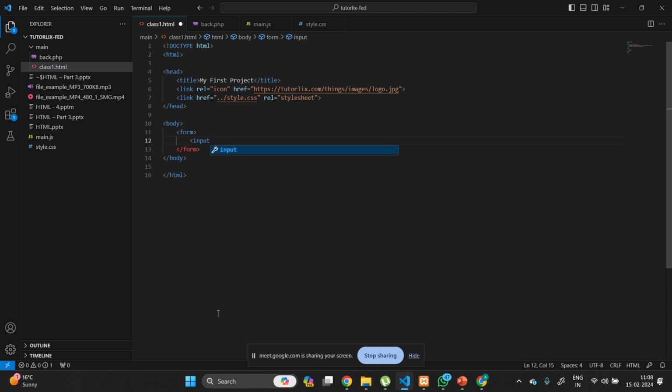Basically input is the most commonly used form tag. So we can have input type text to have a text box. So if we just open it,